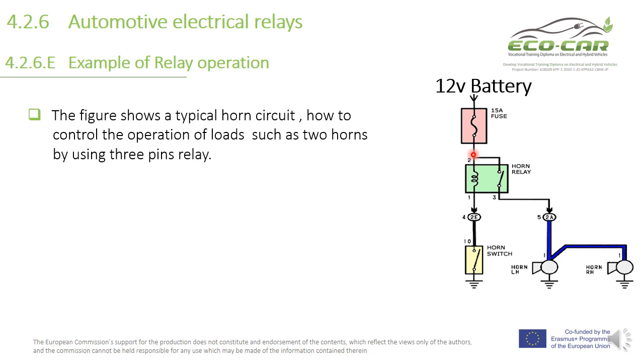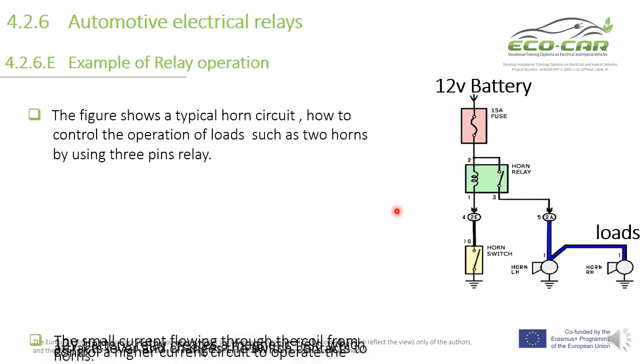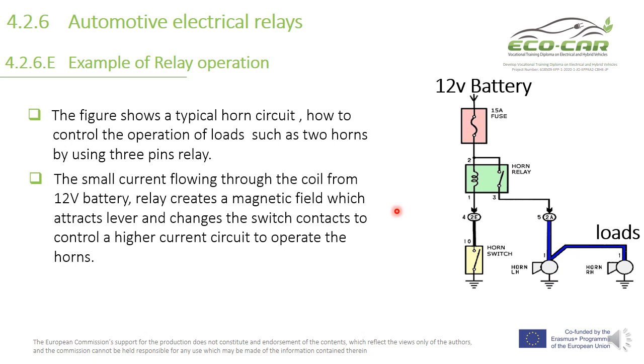So we have here the 3 pins of the relay. A small current flows through the coil from this 12-volt battery. The relay creates a magnetic field which attracts this lever and changes the switch contacts to control a high current circuit